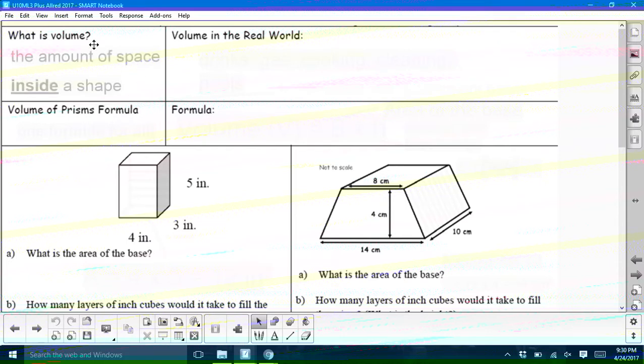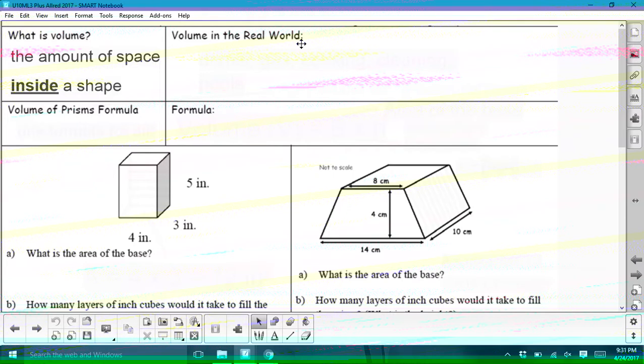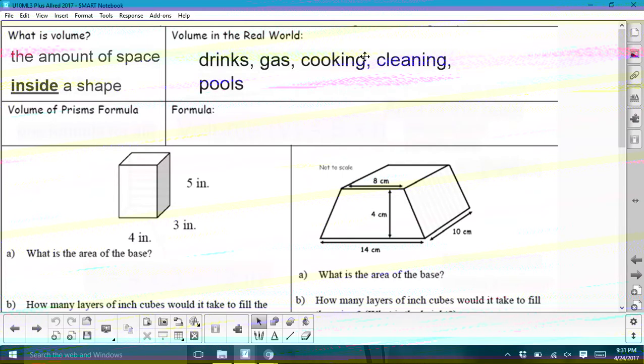Volume is the amount of space inside a three-dimensional shape. We've talked so far about area and perimeter and circumference. Area is the amount of space that a 2D shape takes up. The volume is the amount of space inside a 3D shape. Different examples of volume in the real world could include anytime you drink out of a glass, you buy 2 liters of Coke, you fill your tank up with gas, you're trying to cook using half a cup or 3/4 of a cup of vegetable oil, or anytime you're cleaning your house, you might use some